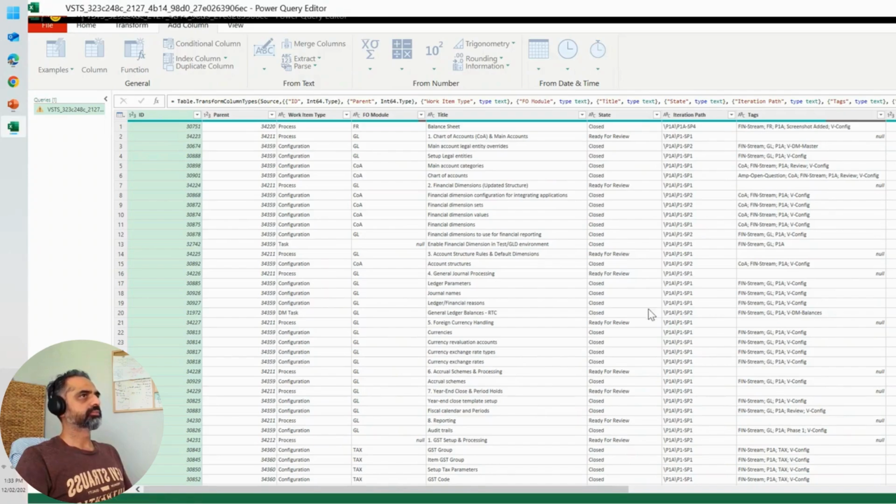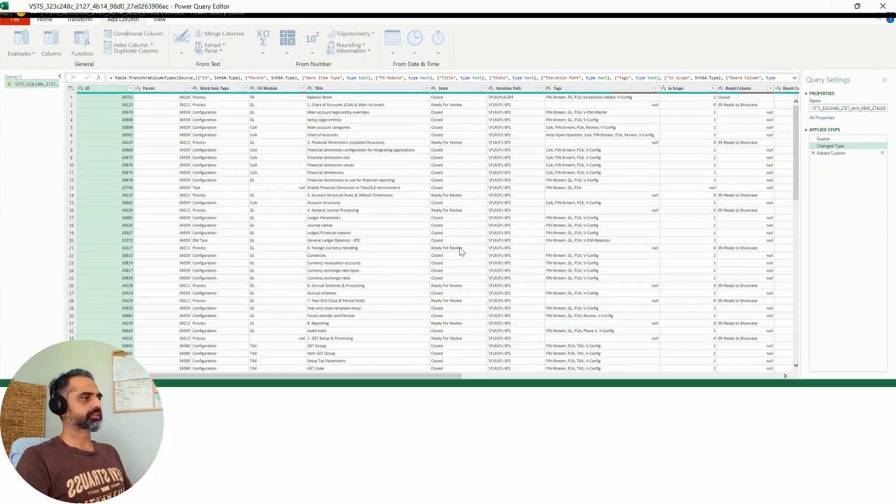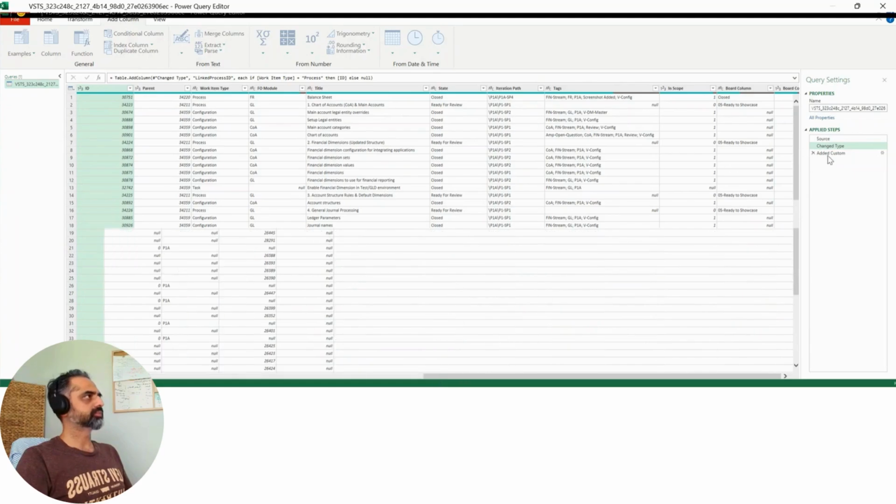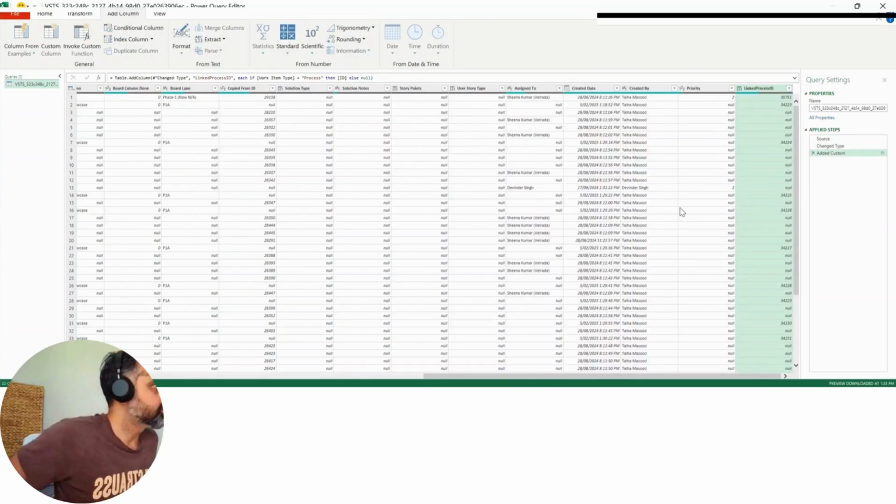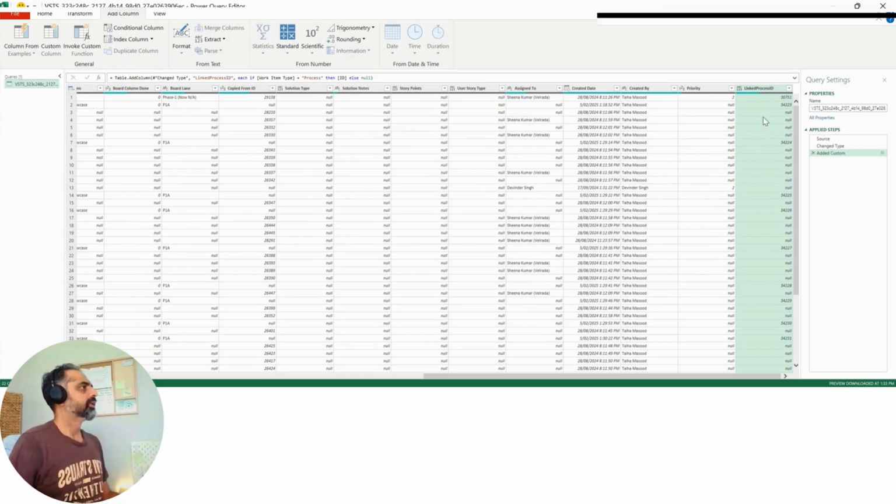It will add that column. Give it some time. Takes a few seconds. The screen will look a little bit distorted. So this column is added on the right side. Now, at the moment, this is just pulling the IDs against the rows which have process. But you need to have this. So what you're essentially doing, if I show you in the comparison, if I drag this column to the left side,